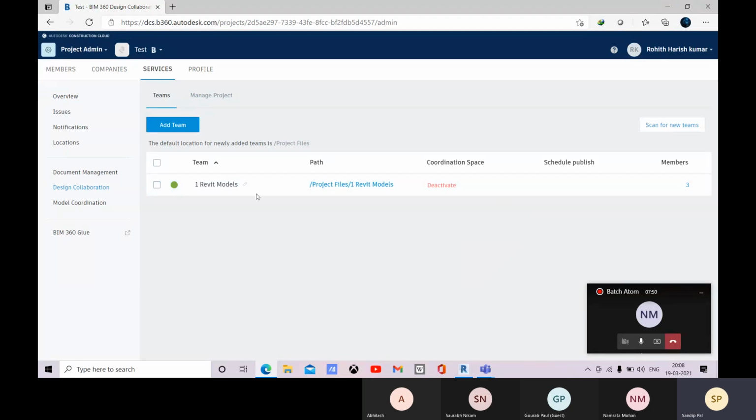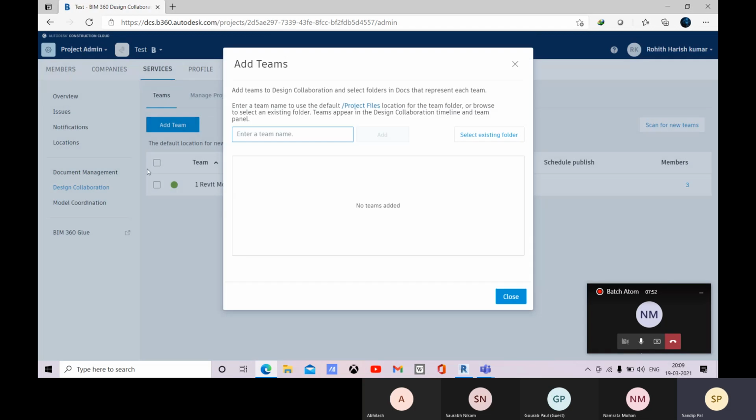Now what you have to do is go for this add team. Add team is nothing but all the folders you have created in BIM 360 Docs, and you will be representing those as a team, and those files will be accessed by the team.